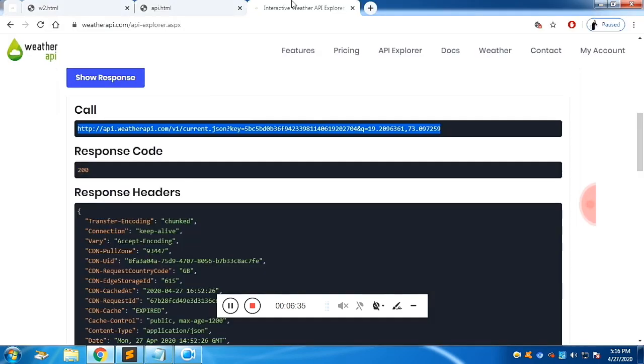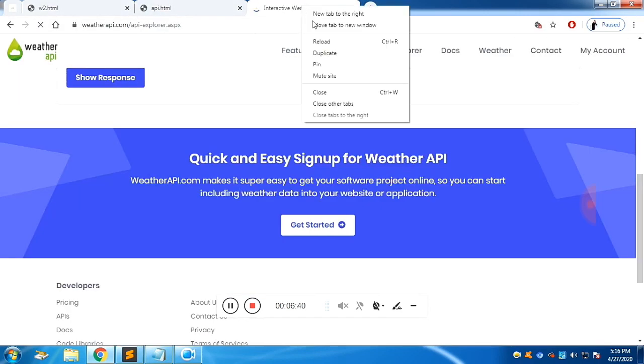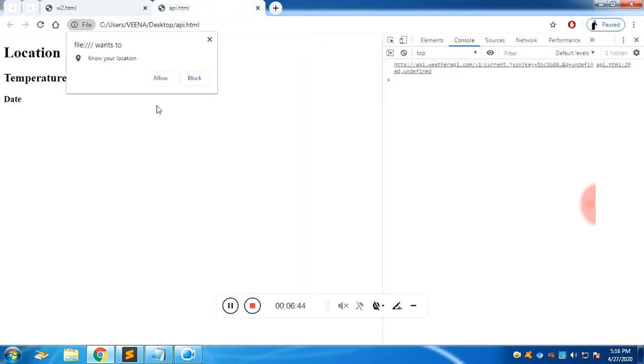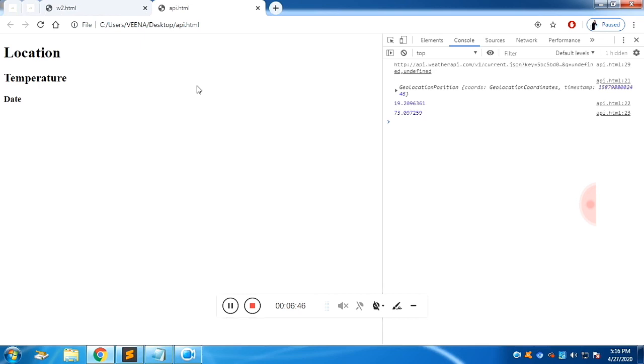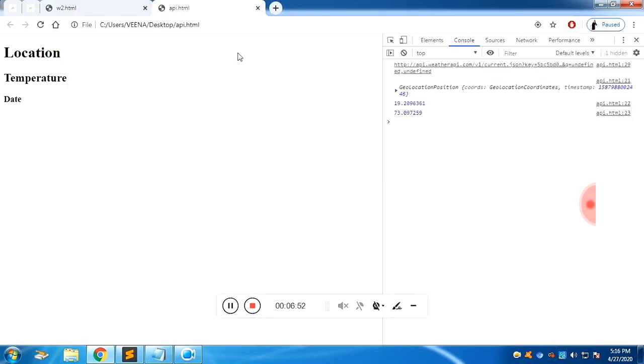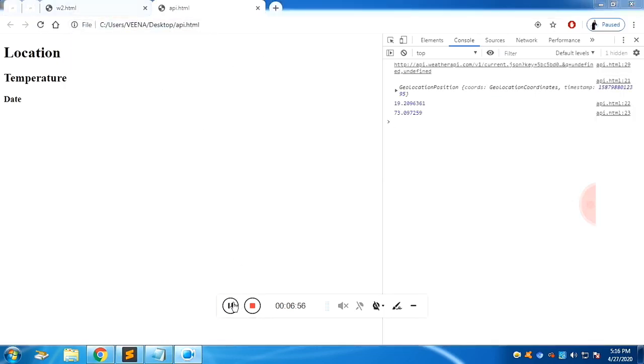If we click refresh, let's save it, let's pin it, so for the future it may be useful. Click on allow. You can see it is not showing up. We have printed the console log. Let's check it again. Click on allow. You see it says undefined. Why is it? Because